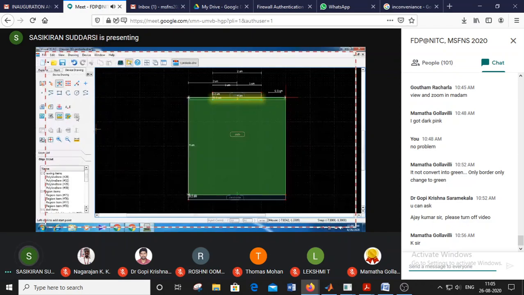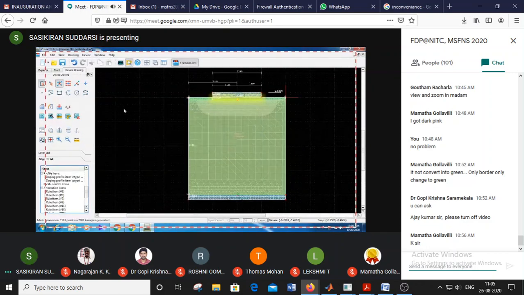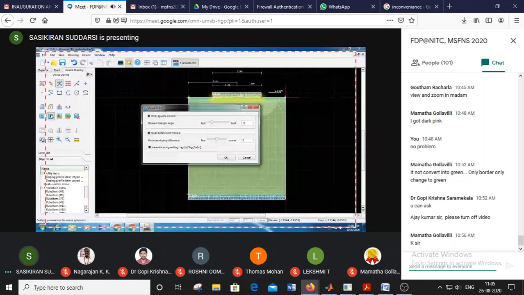The mesh was deleted, so again redo the meshing process. Refine that mesh.